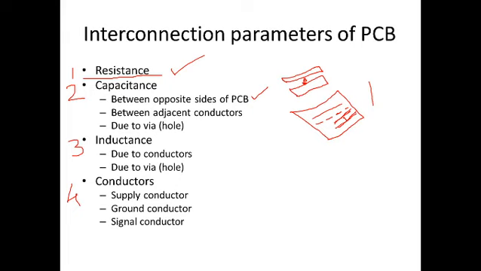Also, when both analog and digital circuitry are to be accommodated on the same PCB, then complete separation of the corresponding ground conductors is compulsory. This will avoid any current spike from the digital part reaching the analog part. Okay, so what you are doing? Complete separation of the ground conductors is compulsory for the analog and digital part.